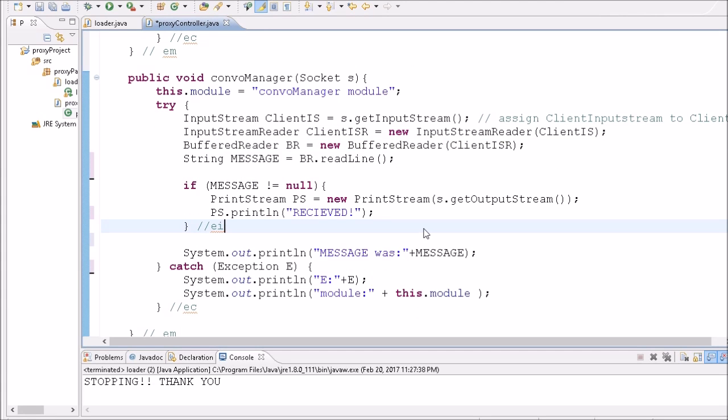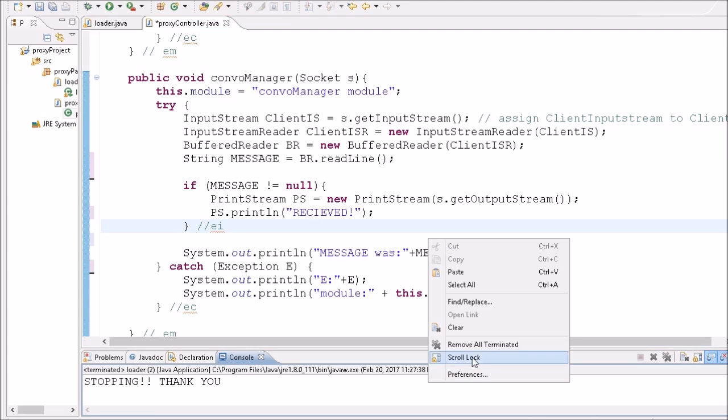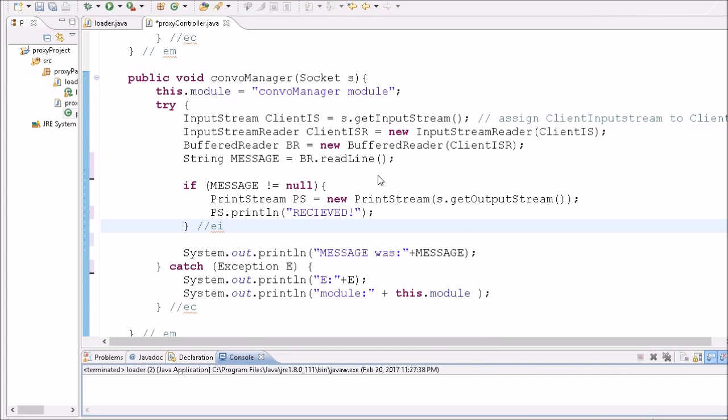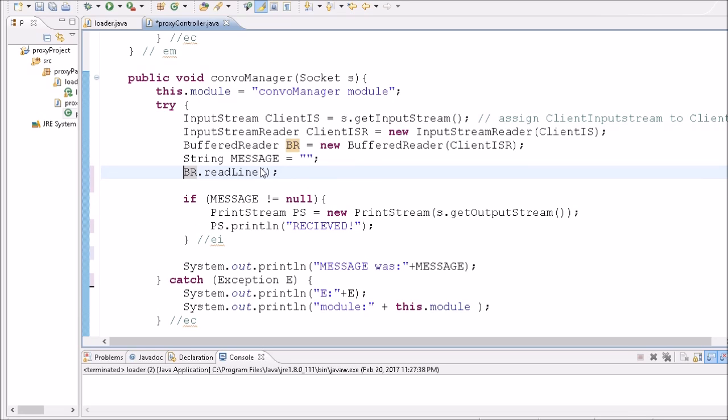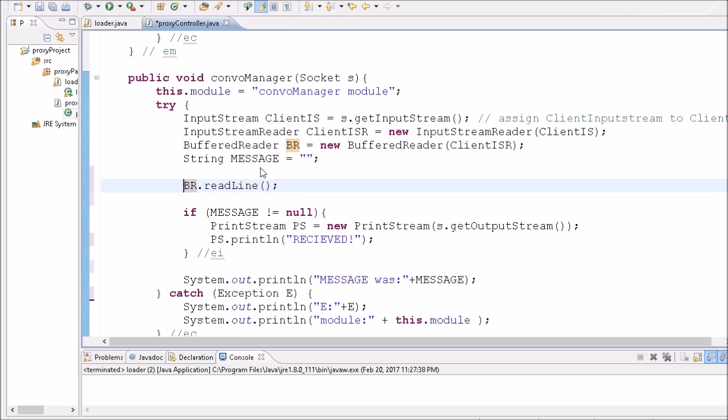So this is great and all for a single bit of communication, but it's not much for long-term two-way communication via chat or something like that. So I'm going to do a quick redesign here and throw in a while loop and change the way that my strings are constructed. The first thing I'm going to do is define my string as a message, as an empty string, and then I'm going to create a while loop, while